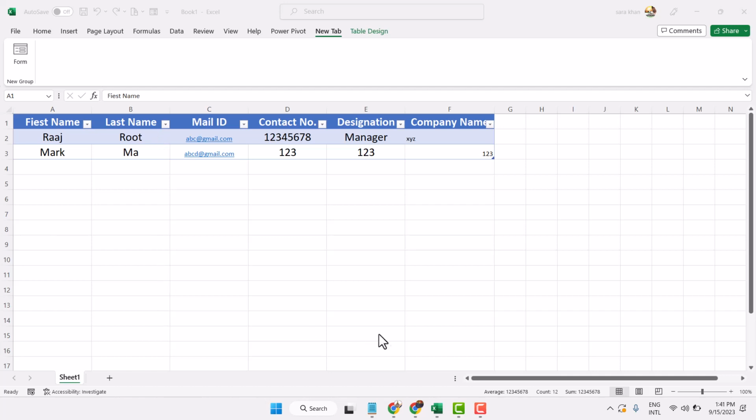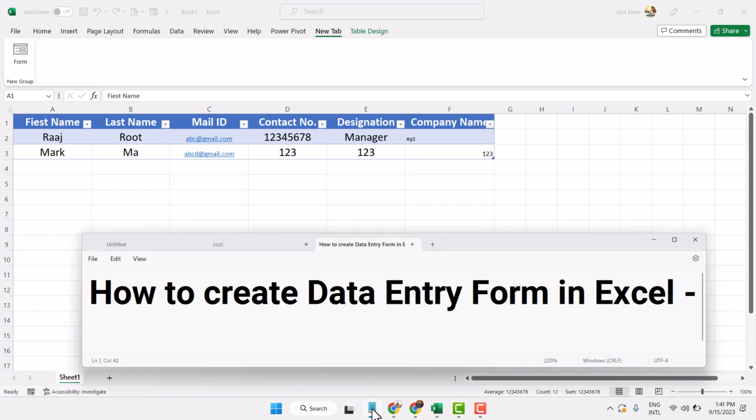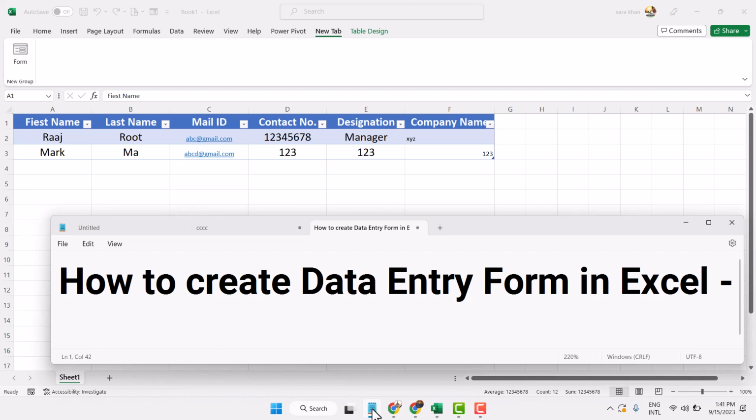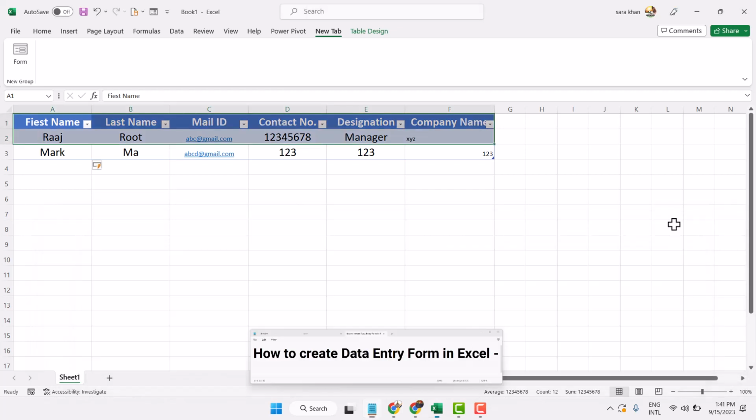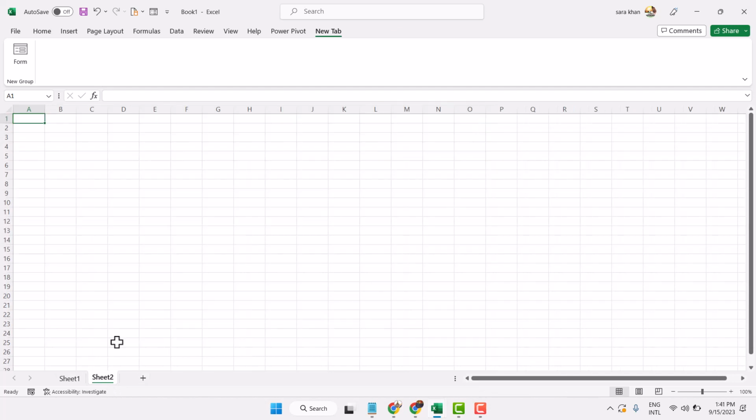In this video, I will show you how to create a data entry form in Microsoft Excel. So in this first row, fill in the data as per your requirement, like first name, last name, company name, contact number,